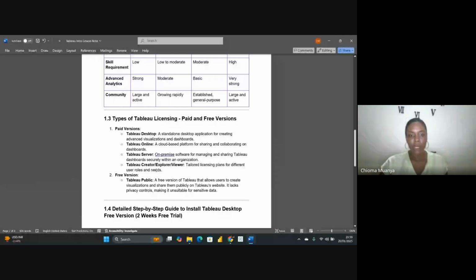So there's Tableau Online. It's a cloud-based platform for sharing and collaborating on dashboards. This is online, people rarely use that. Then we have Tableau Server. This is on-premise. It's for sharing dashboards. So you do it the same way as the Power BI service, that's the Tableau version. So Tableau Server does that for you, where you can check the organization. And then we have the